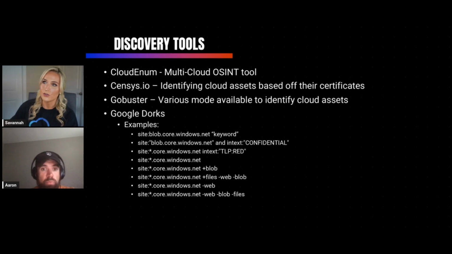So going into the discovery tools, there's so many out there, but these are the ones that I would break down with regards to discovery. So Cloud Enum can be used from a discovery perspective, enumeration as well, but it can be used with different cloud providers, so with AWS or Azure in this case. And then with Censys, that's associated with the certificates. So seeing if there's a valid certificate, or even if it's expired, then you can see what certificate is associated with whatever asset it is, and then identify different cloud assets using that type of method.